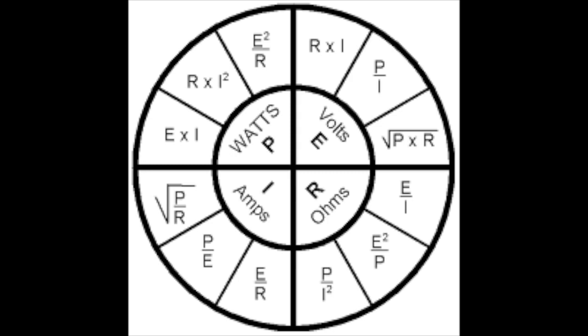Out of the different values that you see in the Ohm's Law wheel, the two most common ones for me over the years have been watts equals amps times volts, and I equals E over R. Out of all those, the 12 that you see around the outside of your wheel, those are the two most common. And you might find the same thing, or you might find that there's a different one that you like using a little bit better or a little bit more frequent.